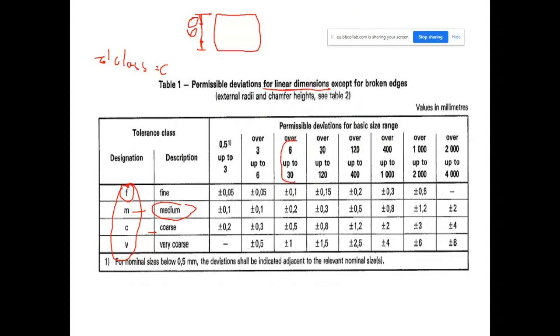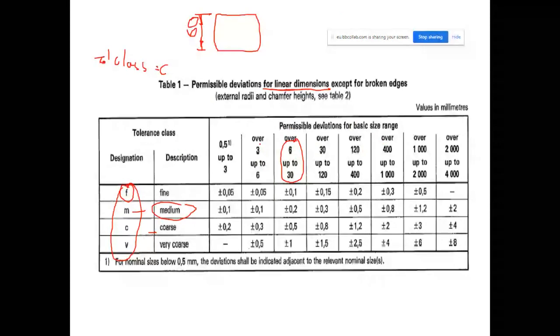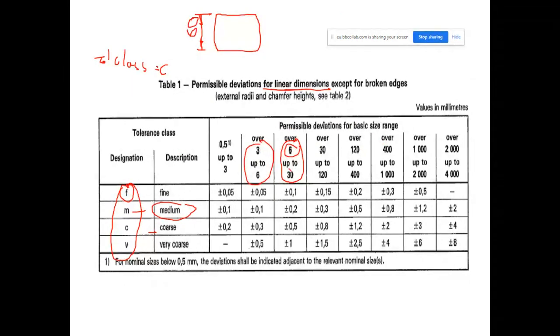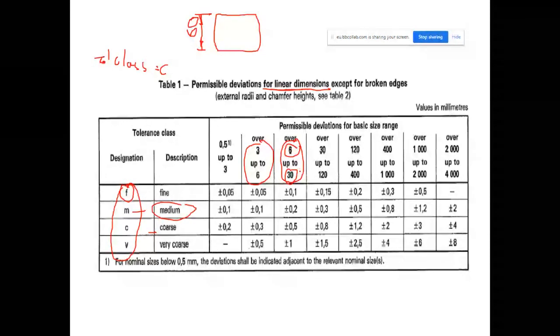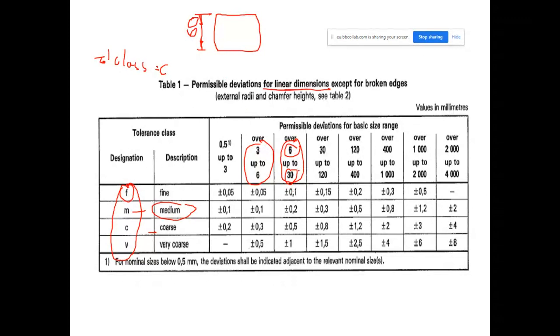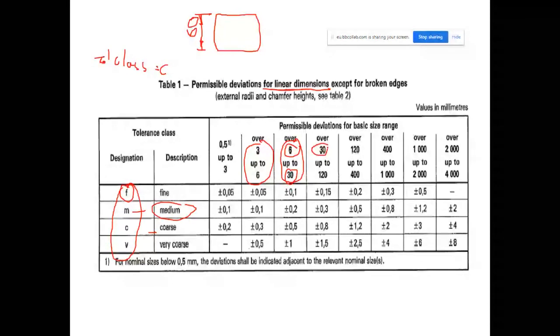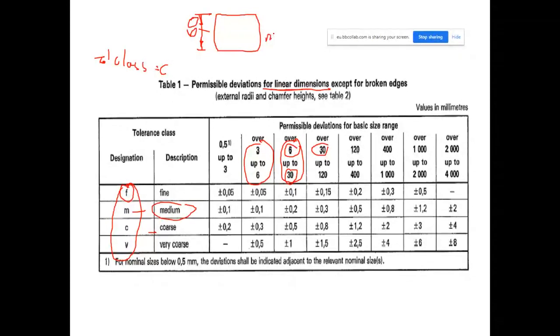Well, these are the range values to locate the nominal values. Okay, first number is not included, second number is included. So if the value were 30, we would select this range, because 30 is included in that range, but not in this one. But in our example, 60 is the nominal value. Nominal value is equal to 60.